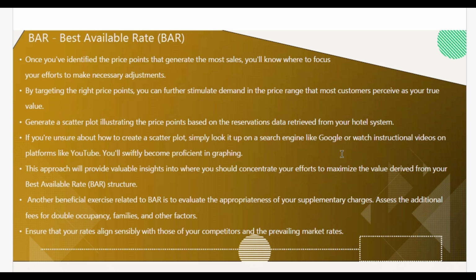Another beneficial exercise related to BAR is to evaluate the appropriateness of your supplementary charges, assess the additional fees for double occupancy, families, and other factors. So you have to be very careful that the supplements you have between single to double occupancy, or from one room category to another, or from a standard room to a suite, you are calculating or deciding about these supplements very carefully, and not just random numbers,